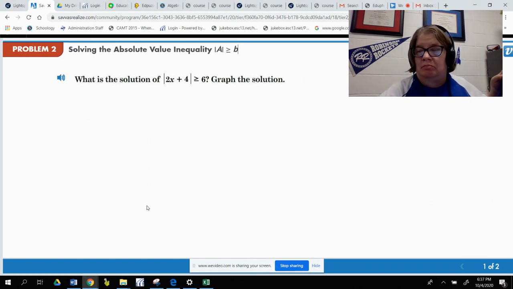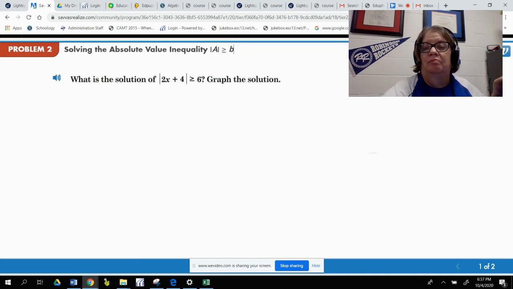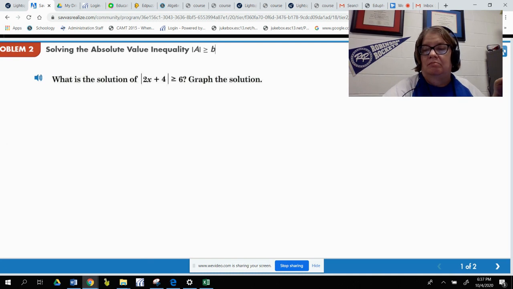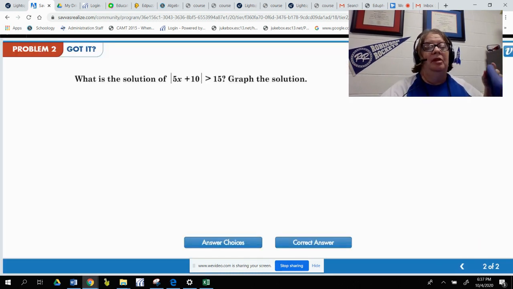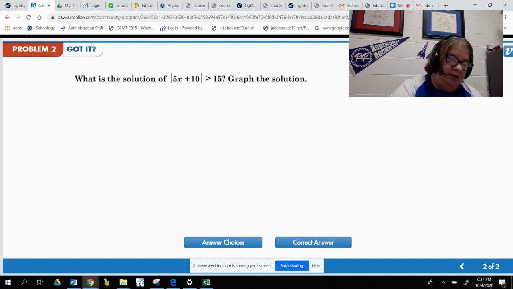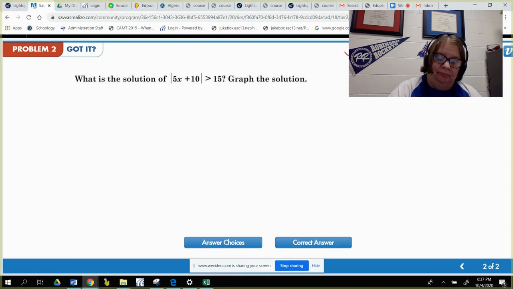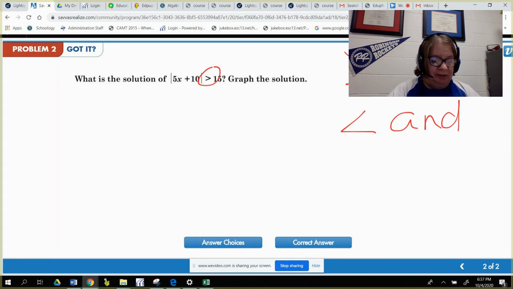Next. Where's 2 of 2? That was problem 2. Where's 1? Here we go. What is the solution of the absolute value of 5x plus 10 is greater than 15? When you see that greater than, that tells you it's an or problem. So we know that 5x plus 10 is greater than 15, or 5x plus 10 is